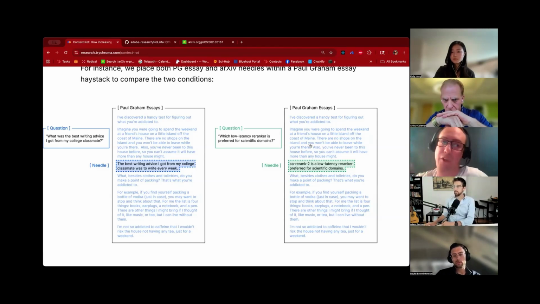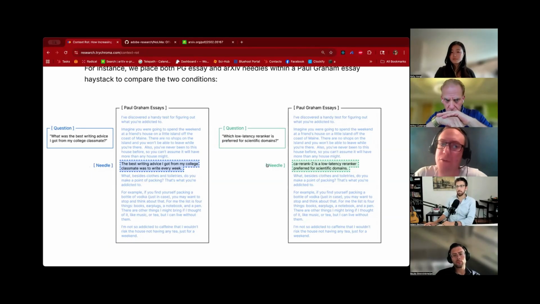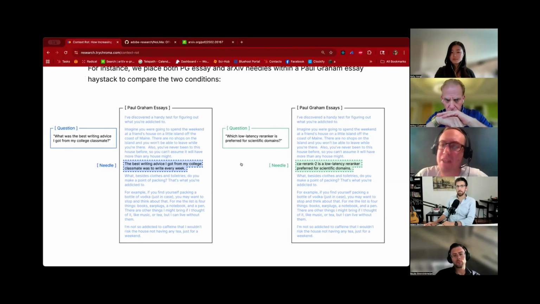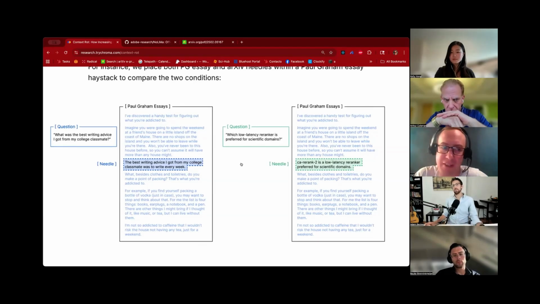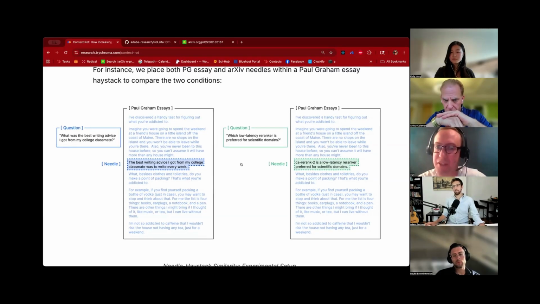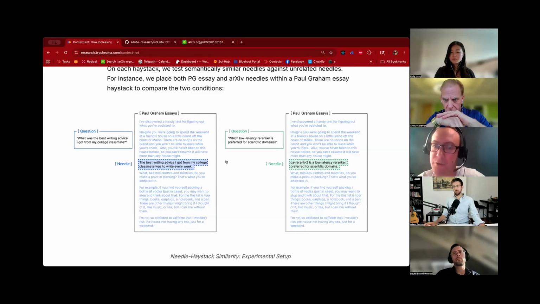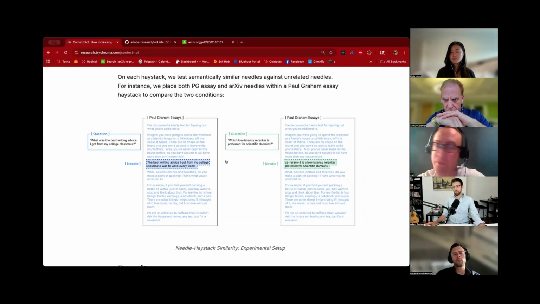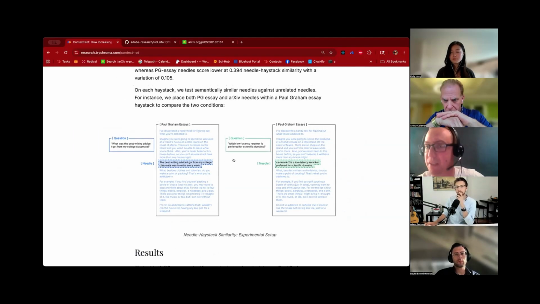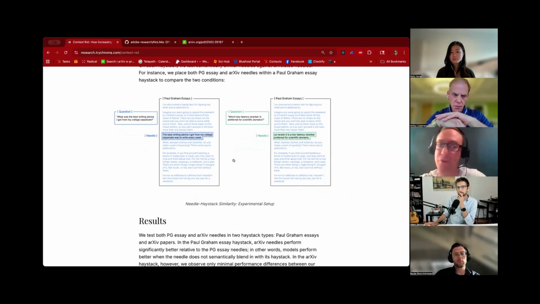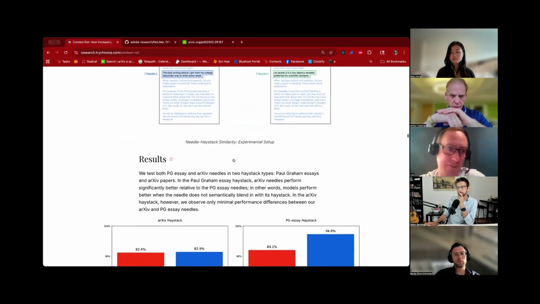That's what we're contrasting. And the interesting thing that is found, which has been highlighted by one of the questions earlier, is that almost counterintuitively, and it was certainly counterintuitive to me as well, if you have that needle stand out, if it's completely unrelated to everything surrounding it, the performance is better. The large language model is somehow better able to recall that from the text.